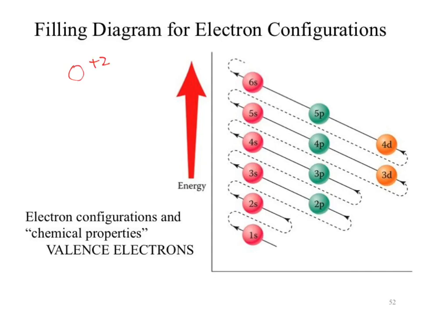Well, how many electrons would we have? 6 electrons. 8 was our neutral state. To get to a plus 2, I have to lose 2 electrons. So I get 6 electrons. My configuration becomes 1s2, 2s2, 2p2. Which, whoever said that, is isoelectronic with